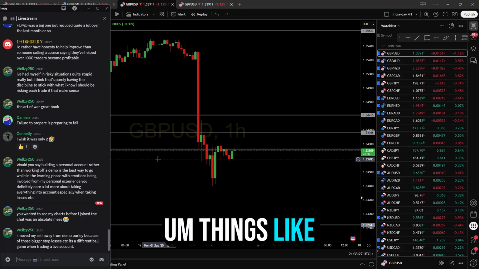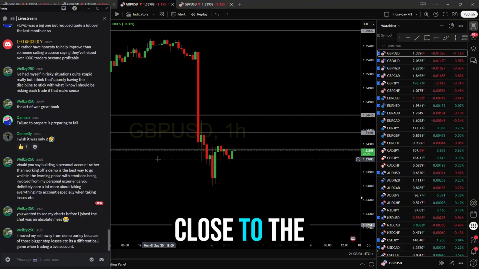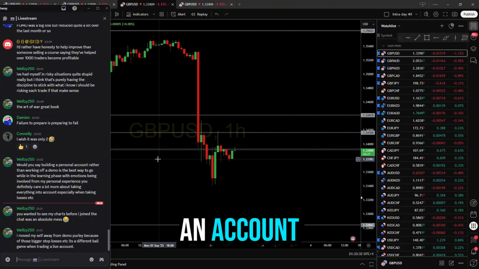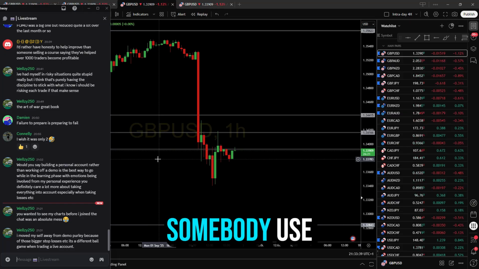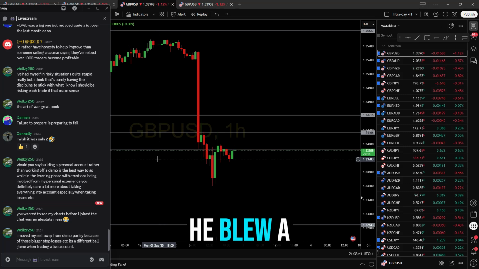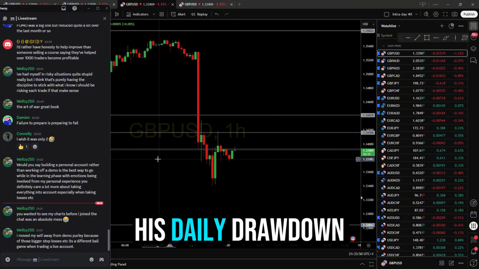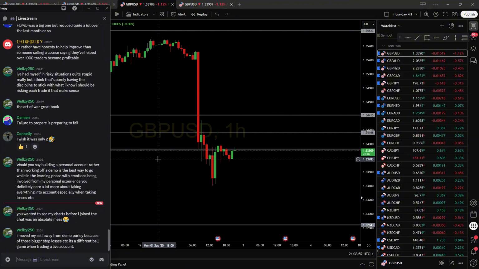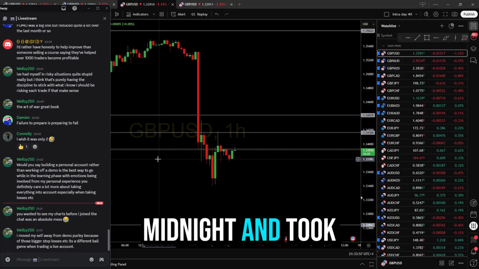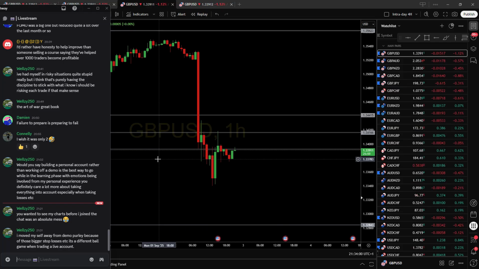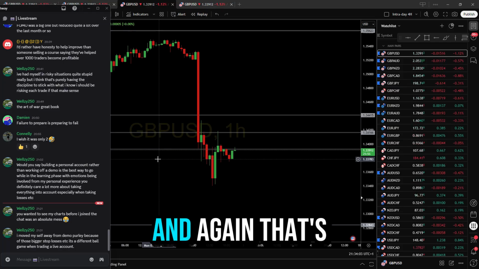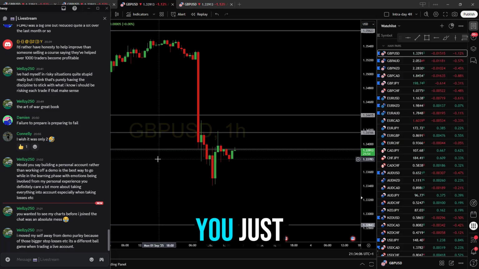things like, if you ride close to the maximum loss on an account, know what time it resets, because I've seen somebody blow a challenge because he thought that after 10 o'clock, after market close, his daily drawdown allowance reset. So he took another trade between like 10 and midnight and took another loss, and it took him over. And again, that's self-sabotage,